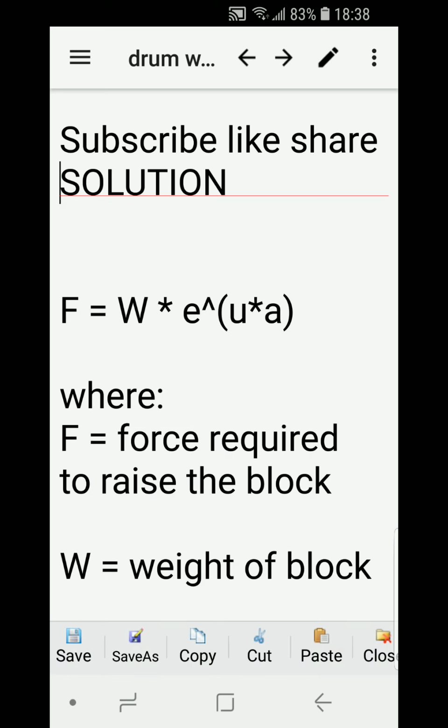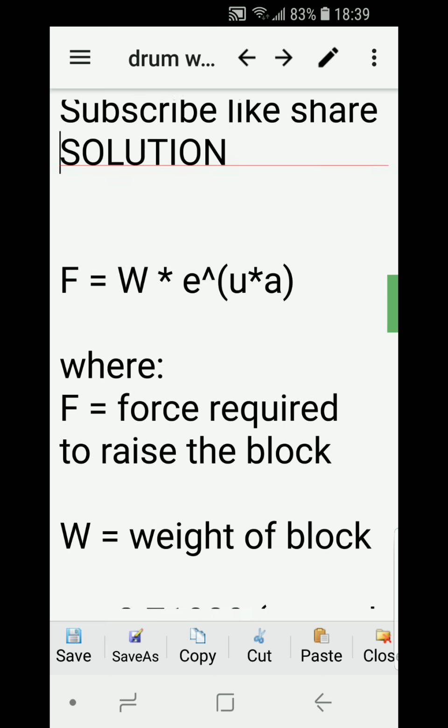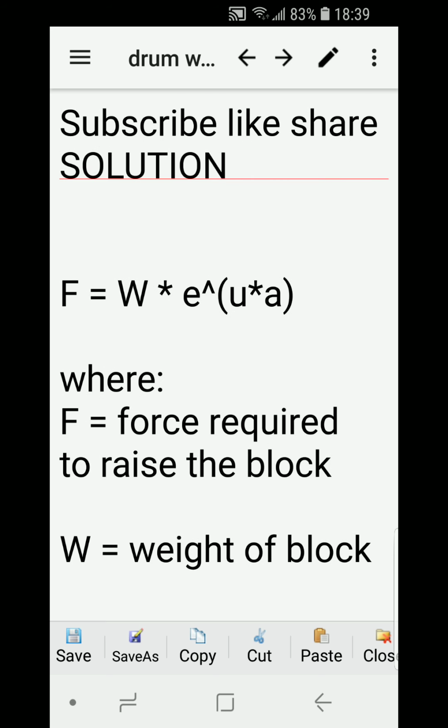Okay, we're back to the solution. The working formula that we need to solve this problem is F is equal to W times e to the power of the quantity U times A, where F is the force required to raise the block, W is the weight of the block,